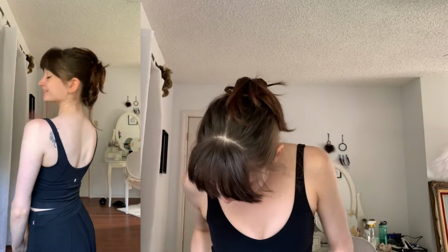So I thought it would be cute to wear my Lululemon set. This top is the Align tank top, and then I have the pair of the Align leggings, and then for the piece de resistance, I'm not French, I'm not gonna do that again, but I'm gonna wear this Yumiko skirt on top because I thought that's so, like, you know, model off duty that's trying to look like a little ballerina, even though I am a ballerina and I am not a model off duty, but I'm channeling that today while I do this barre exercise or